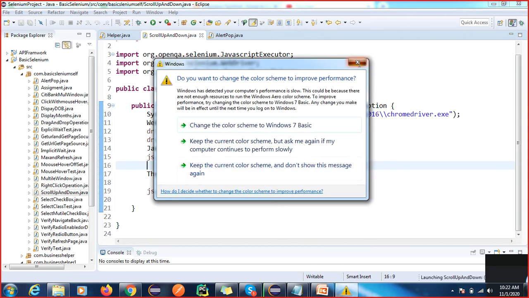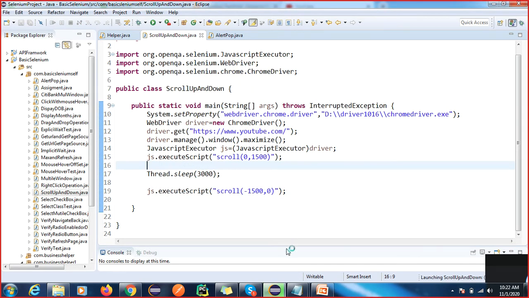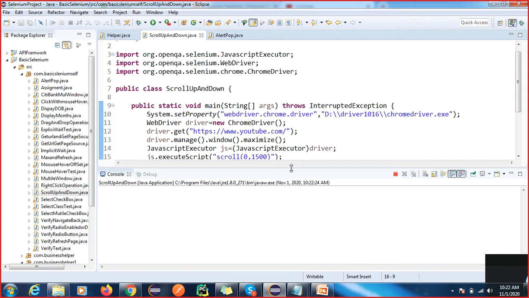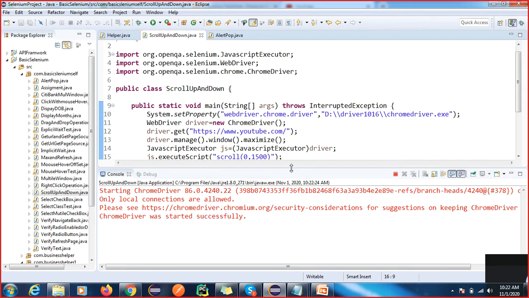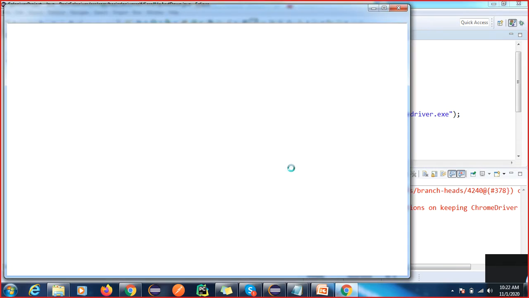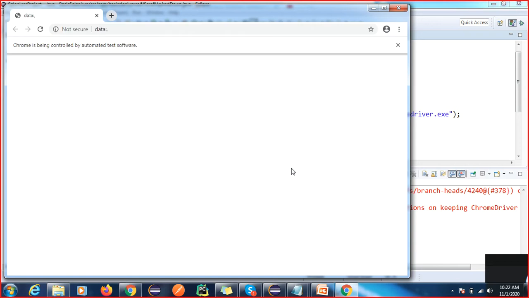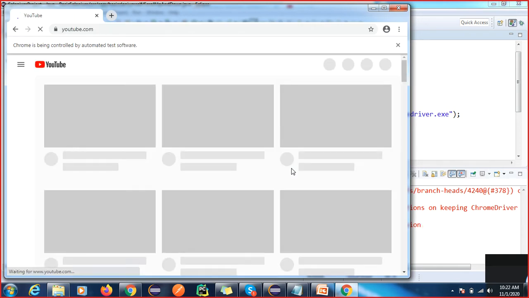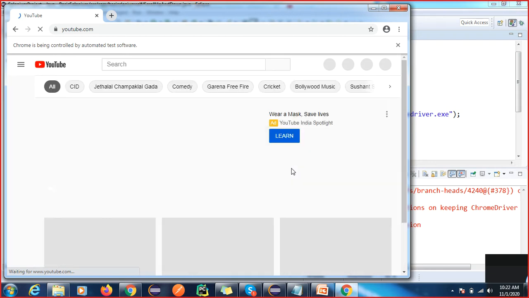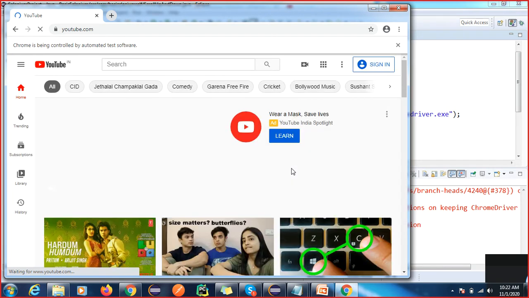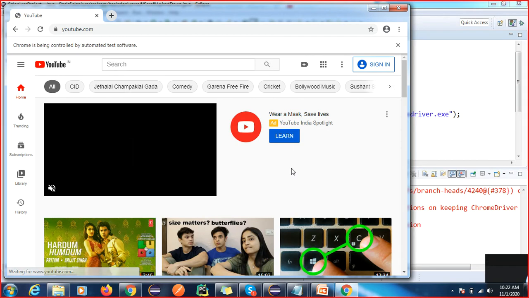So to make the method reusable, we will create this function. It will maximize.